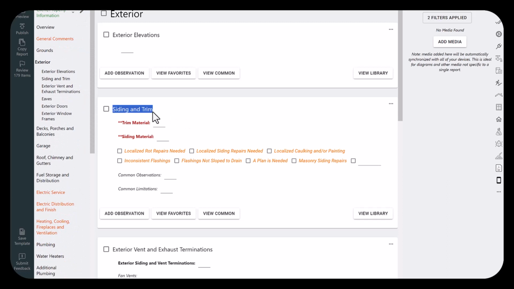You can rename these things, right? You could call siding and trim whatever you want, right? And so if you want to save that for the next time, you would want to hit save template. So anyway, that's kind of what